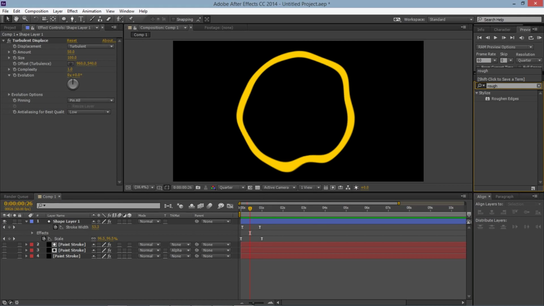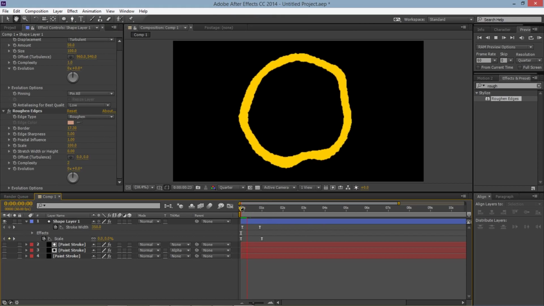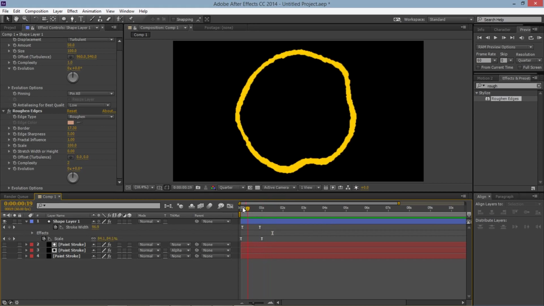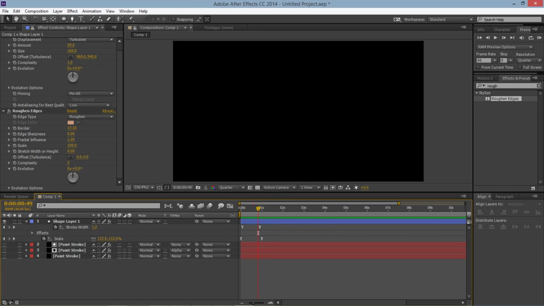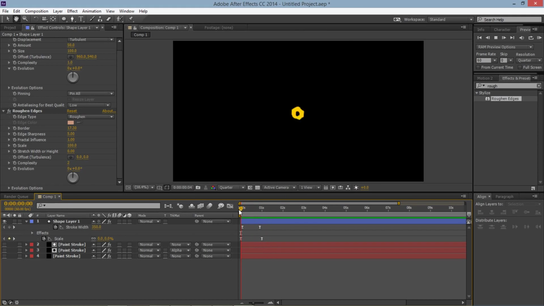Now this looks really nice, but if you want it to be even more realistic, you can actually add roughen edges, and turn on the edge sharpness around 5, and move this one just a bit up. Now, obviously, this might not look as good as the previous effect. It really is depending on preference. However, just by looking at this, you can see how simple making your layers look like paint is.